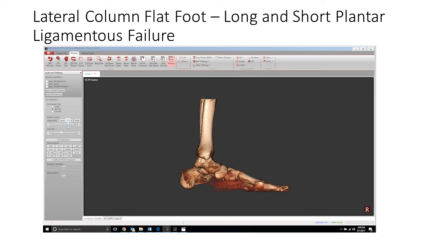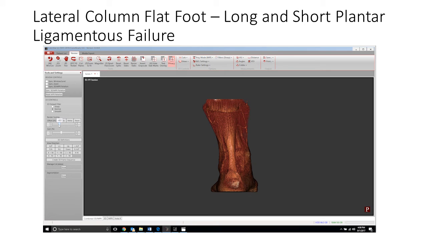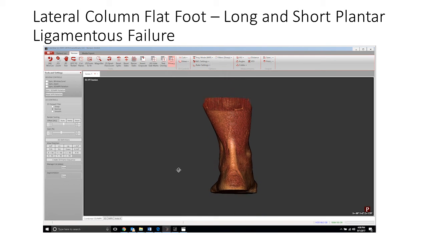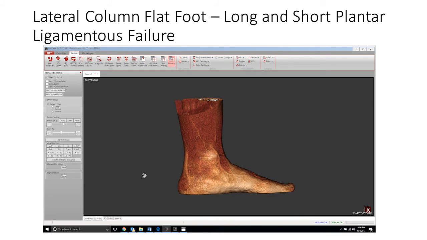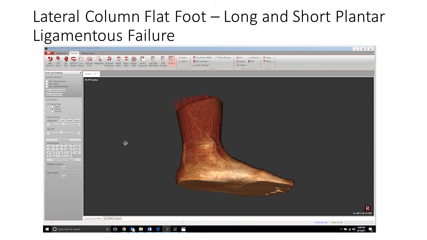And then when we look at it from the posterior vantage point, we see also that the hindfoot is neatly underneath the weight line that tends to go right through the shaft of the tibia and through the talus. So there's not a lot of hindfoot valgus or varus. The malleoli tend to be low, and maybe there's some calcaneal plantarflexion with these cases. But since it's obvious that the medial column seems to be in healthy architectural form, it must be the lateral